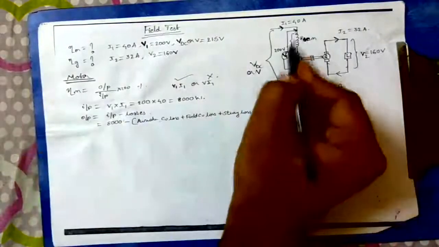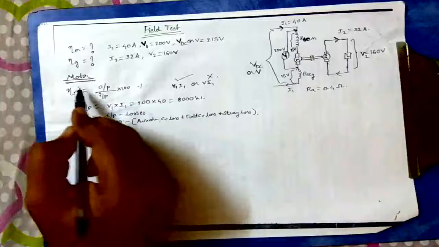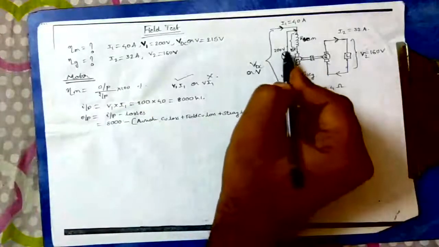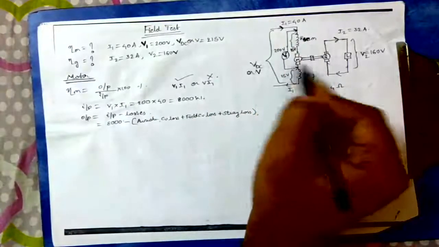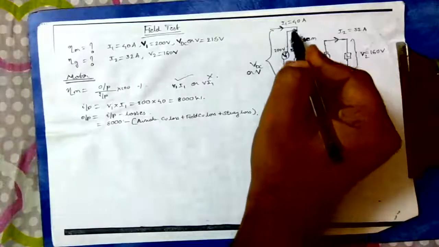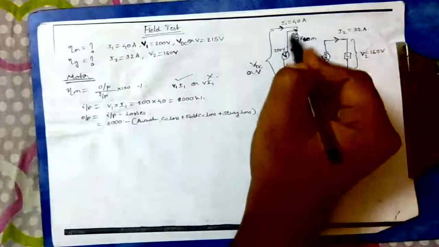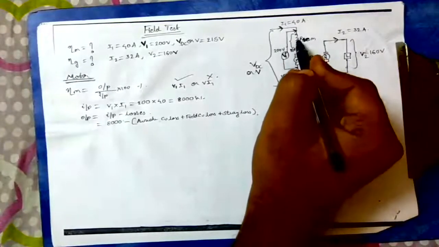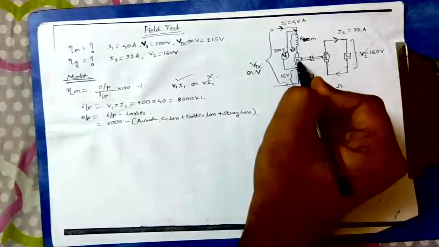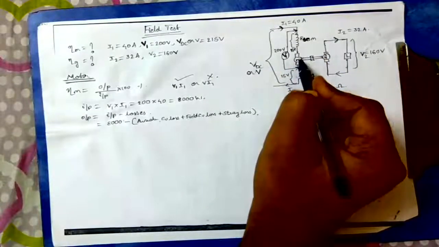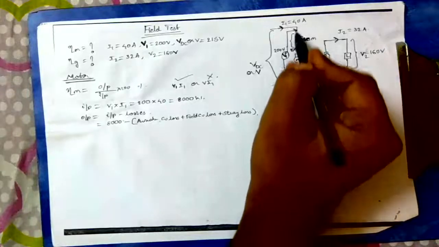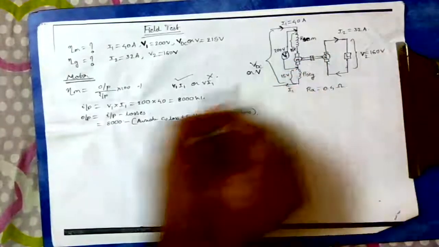Again, you can see what the armature copper loss is here, only with respect to the motor. Please be very careful here. This is the motor part, this is the generator part. Though it is present in the motor circuit, we are going to consider this part only. Here we know that RSC is there and RA is there. What is flowing in RSC as well as RA? I1 flows, because they are in series, so I1 will be the same.